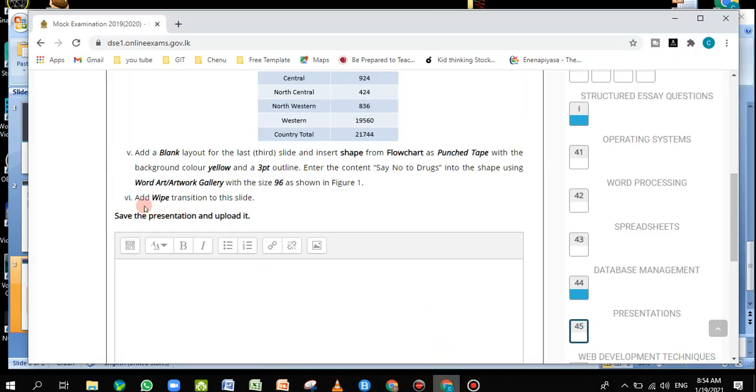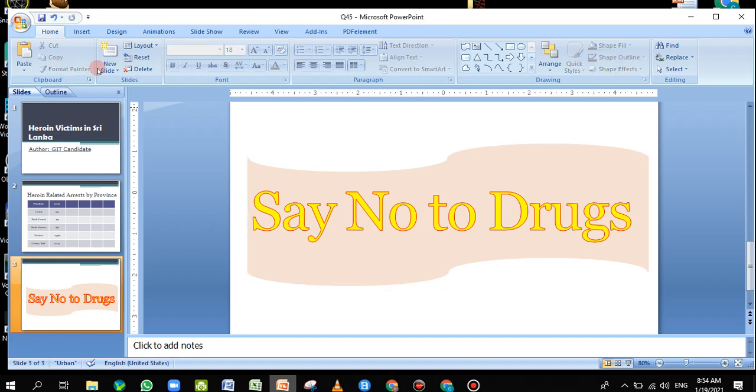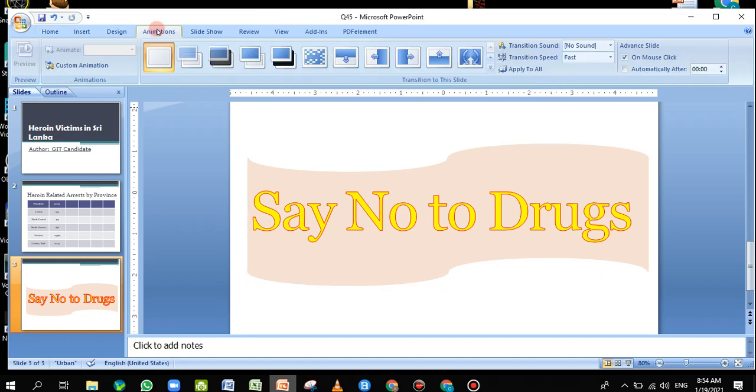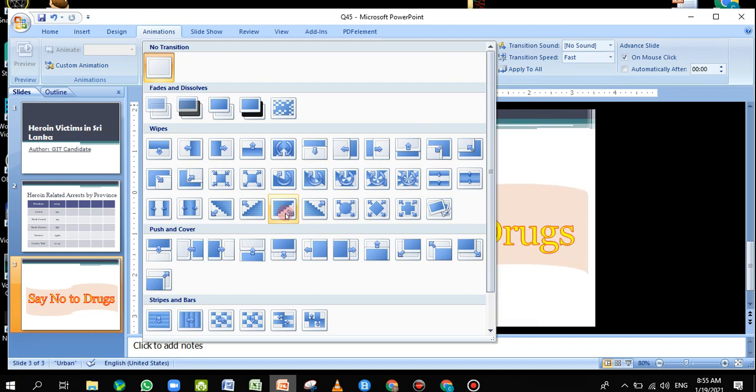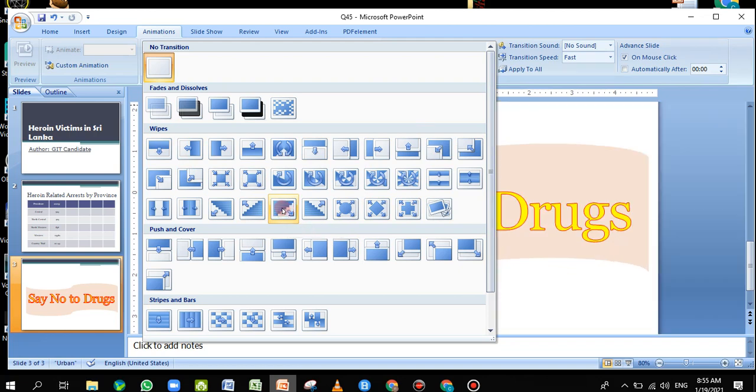It says add vibe transitions to this slide. Okay, so you have to go to transitions. It's in animations. You can see here the transitions are there, so you have to select. These are actually all are vibe transitions. You can click this down arrow button. Here you can see vibes, various types of vibes, and they have not given which kind of, so you can select your own